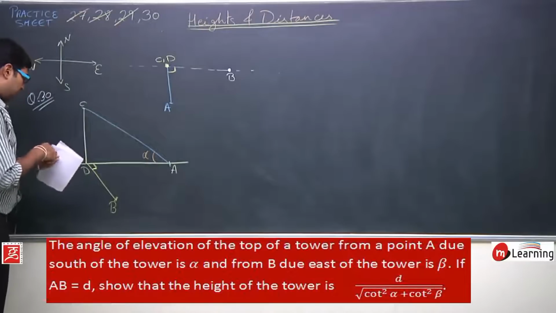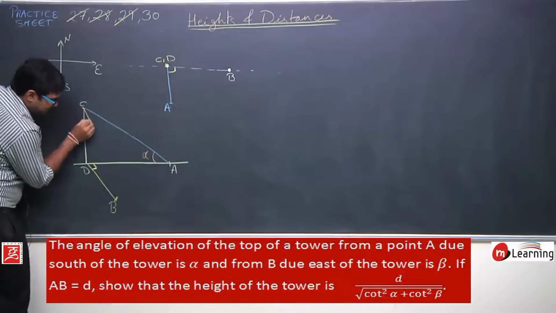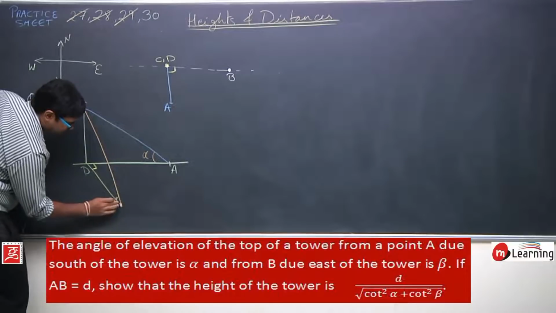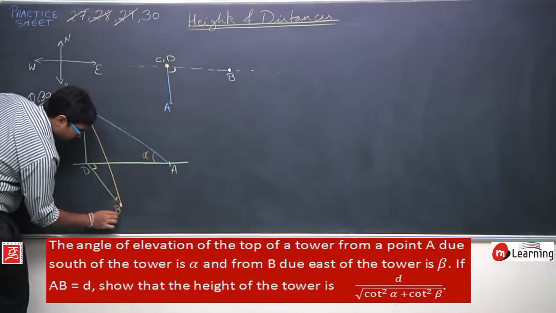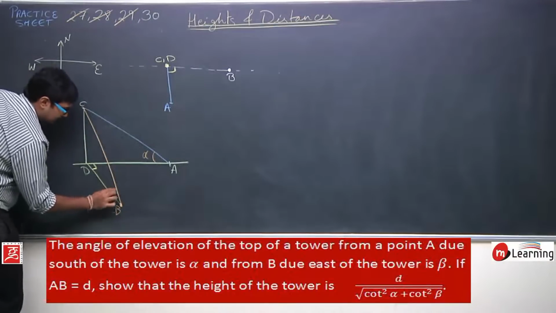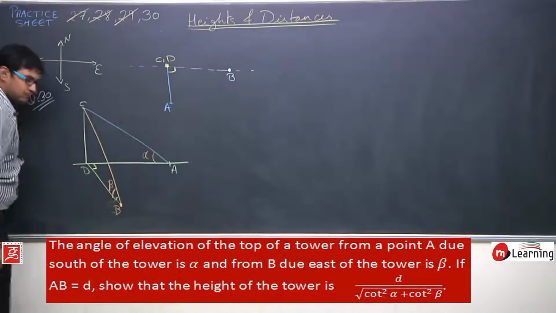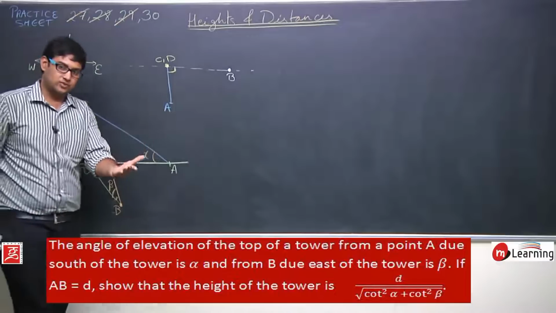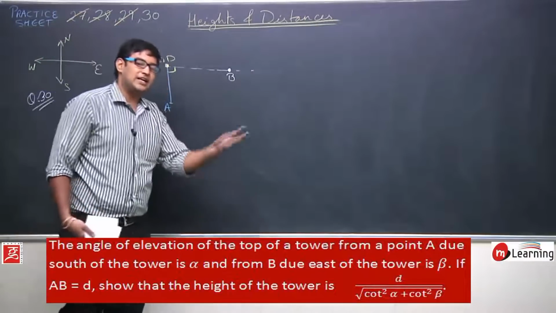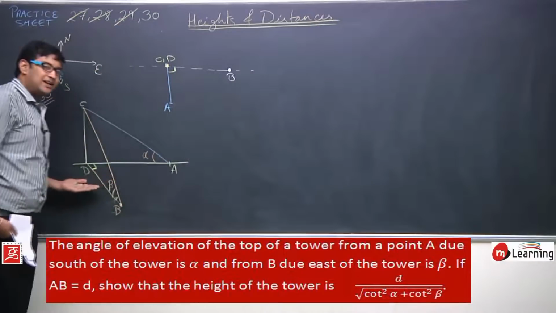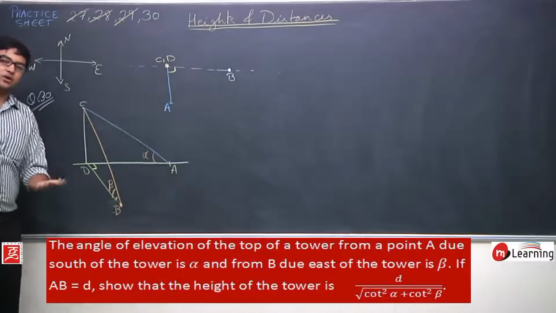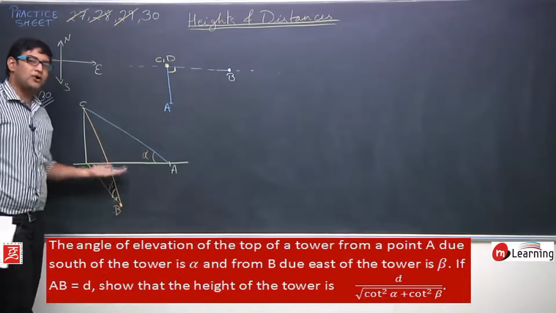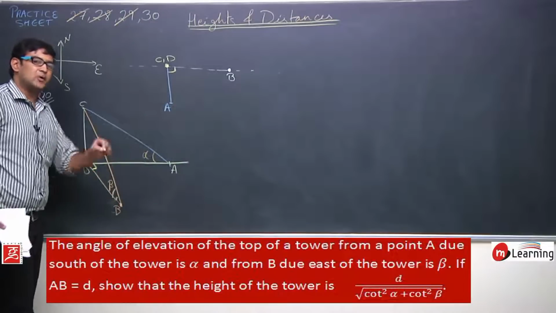Now after this, BC represents the line of sight, and this angle is given as beta. Try to understand, this BD line lies on the ground. It is not below the point A, it lies on the ground, because point B lies outside the blackboard. But the board is a two-dimensional figure, so I am not able to draw this point B outside the board. I cannot draw this point in air.